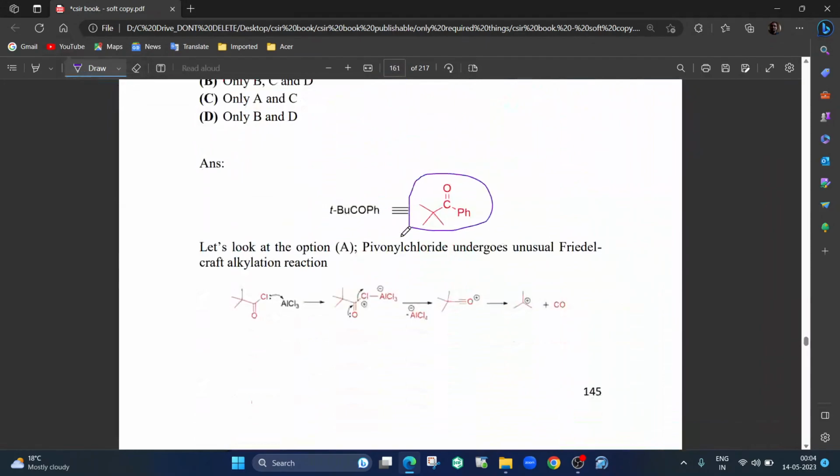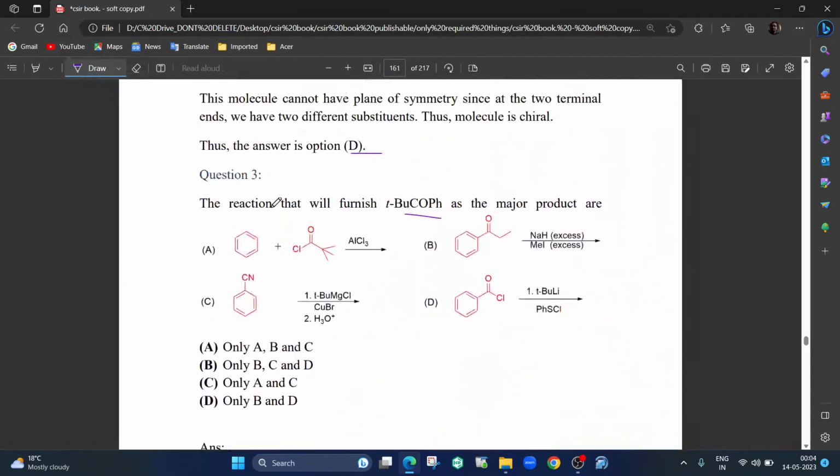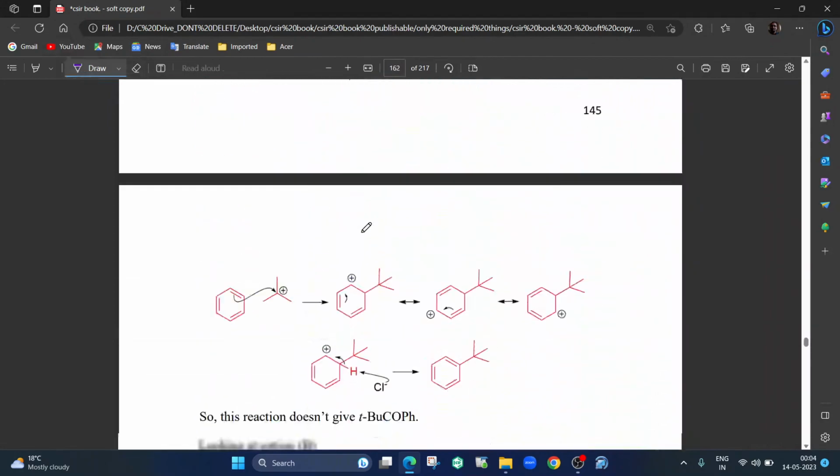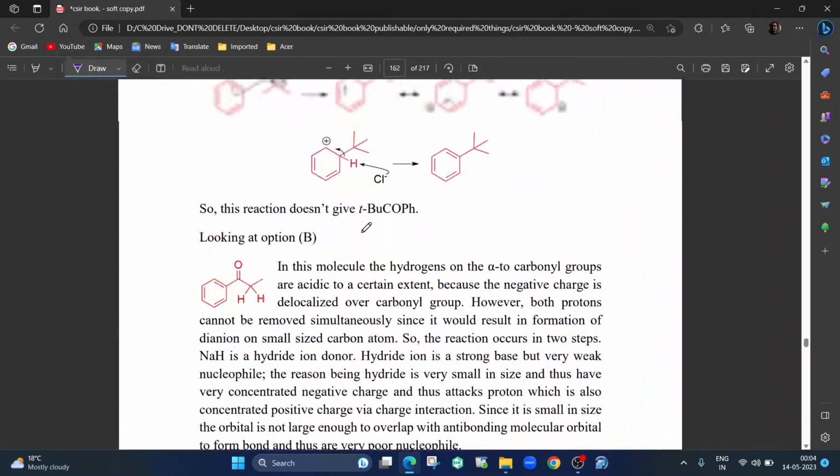The common name for this is pivaloyl chloride. Oh sorry, not pivaloyl chloride. Pivaloyl chloride is this one, right? So let us look at the reaction. Of course this looks like a Friedel-Crafts acylation reaction, where you have benzene and an acyl halide in the presence of a Lewis acid. But the problem is